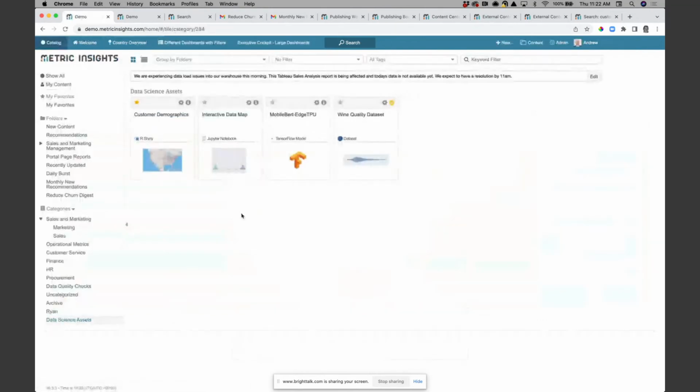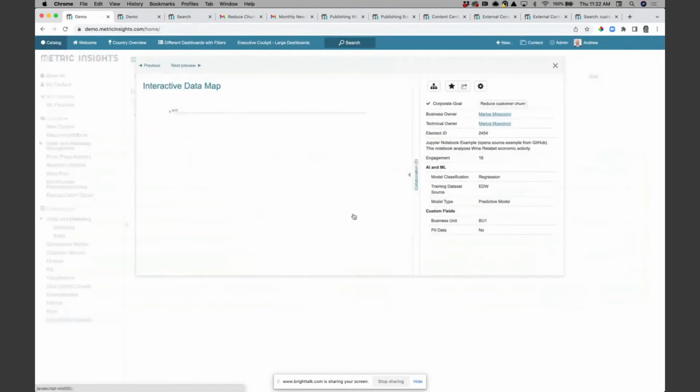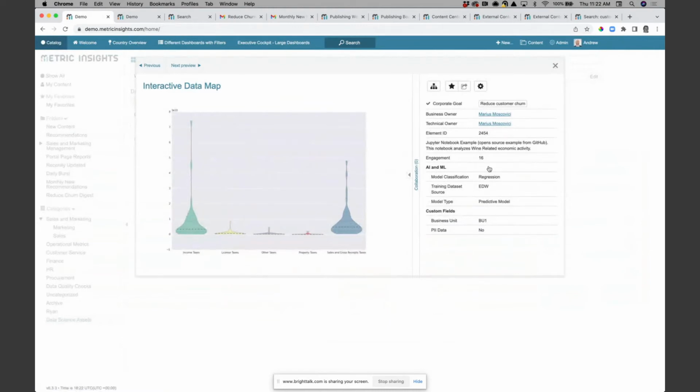We might publish something like a Jupyter notebook. So again, it's a model that has been created, in this case, a data map around quality of data. It's owned by someone. It's tied to a particular corporate goal that we're trying to achieve.